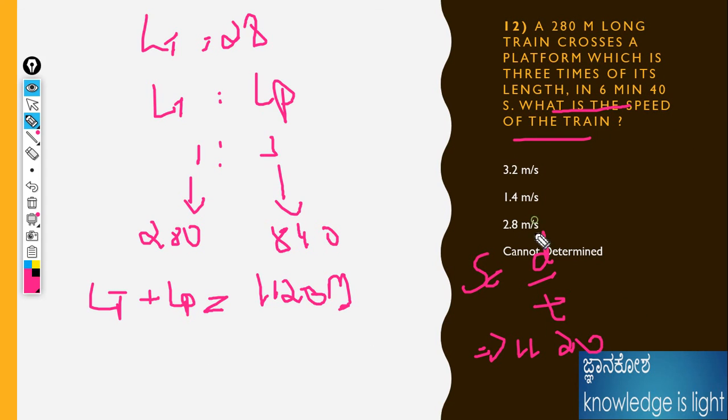Meter per second is given. This is the highlight thing. Since the question asks for meters per second, we convert the minutes into seconds. 360 plus 40, therefore 400. So solving, 1120 by 400 is 2.8 meter per second. That means how we calculate it, carrying like that. Answer: 2.8 is the answer.